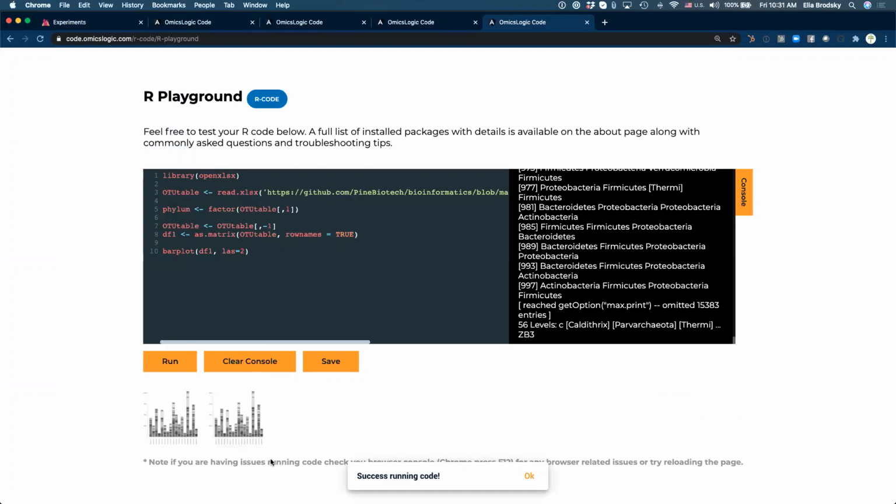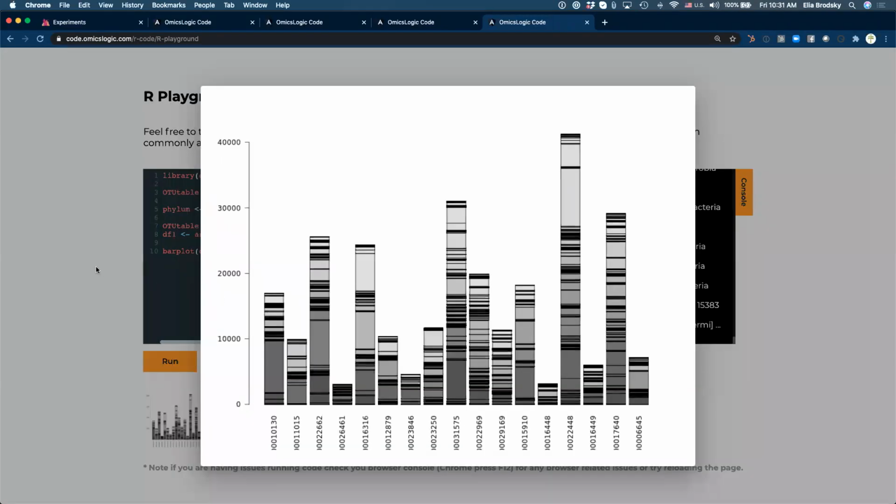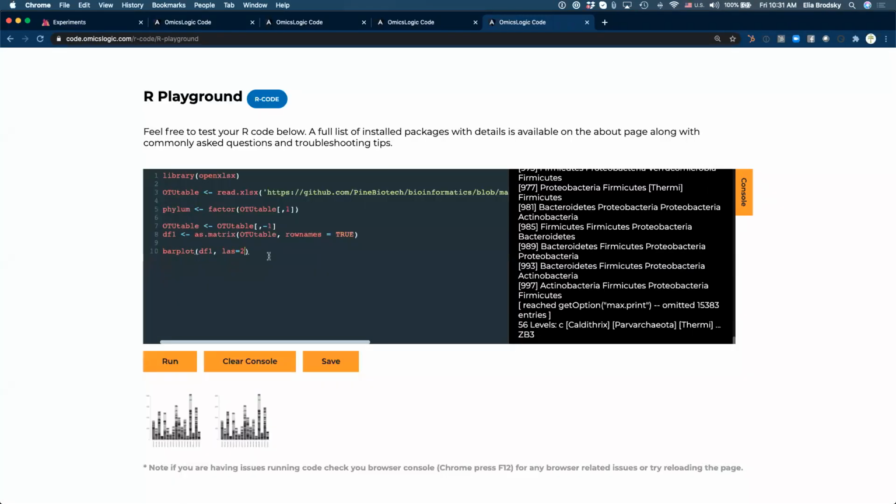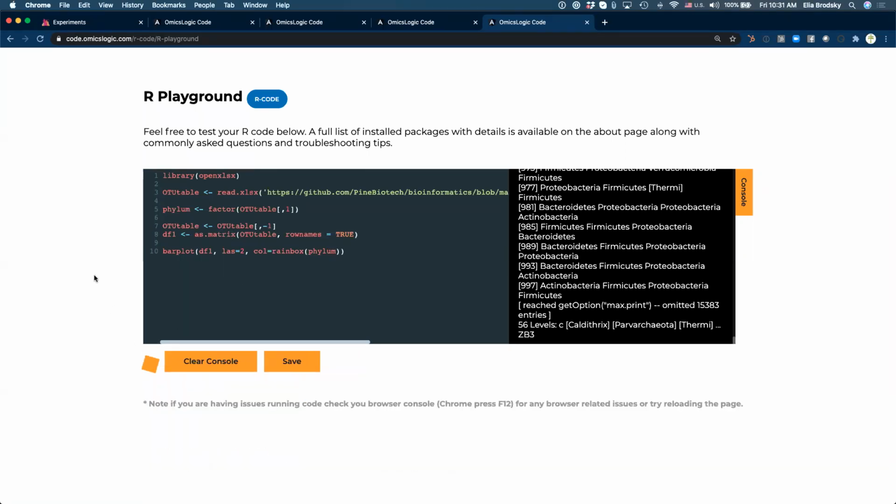Now you can see all of your samples, and obviously they're still cut off, but let's also change the colors. We can make it rainbow, and we'll use phylum as our colors.